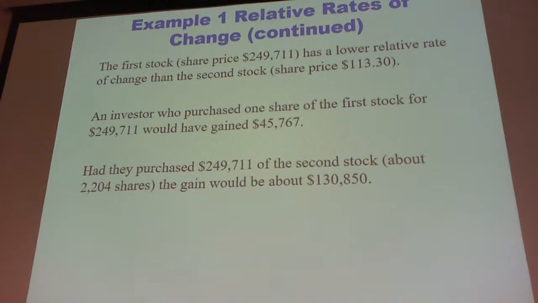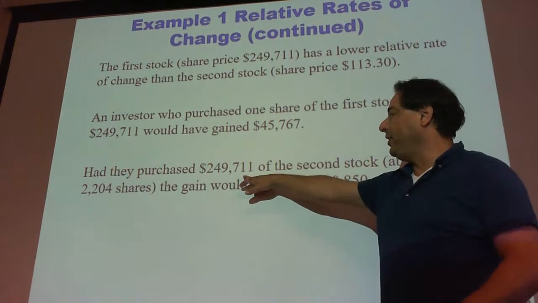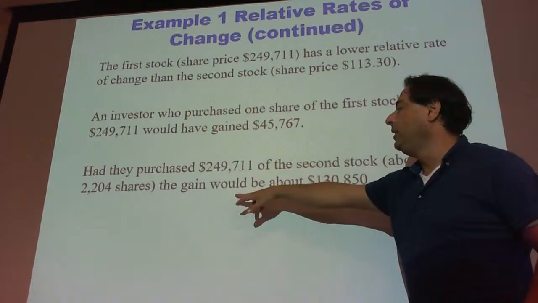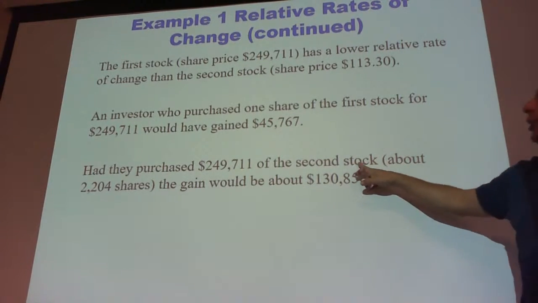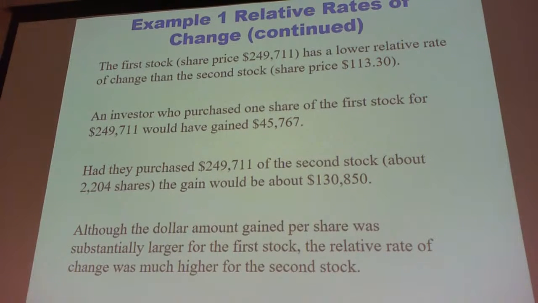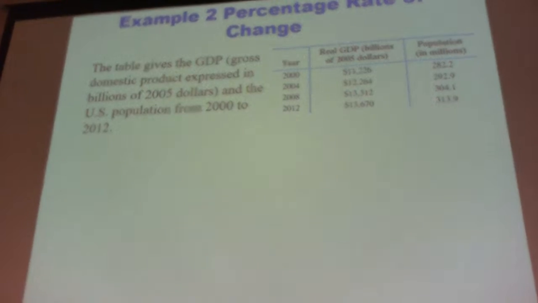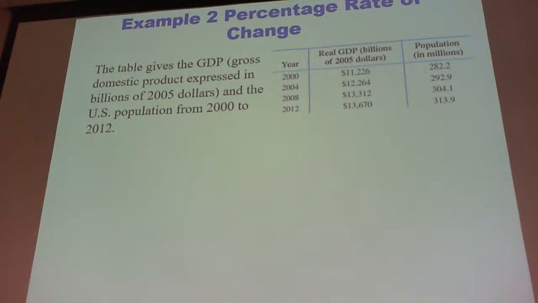And you would have made, if you bought the smaller stock, if you bought that much, $249,711 worth of the cheaper stock, which is 2,204 shares, you would have made a $130,000 increase. So the bottom line of these slides is it's all relative. And so the table of the GDP, gross domestic product, expressed in billions at 2005 dollars, and the